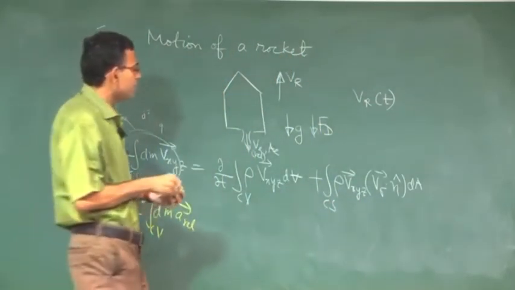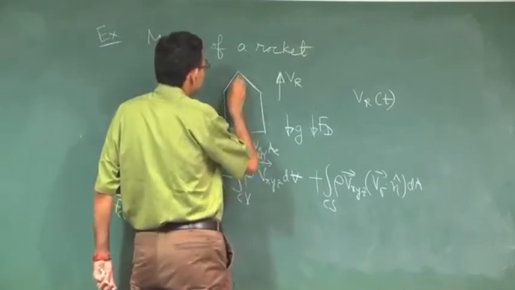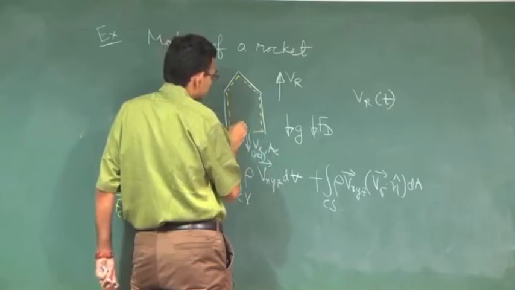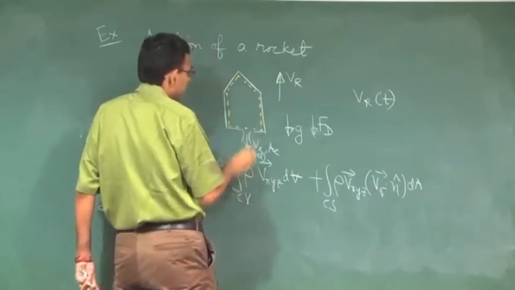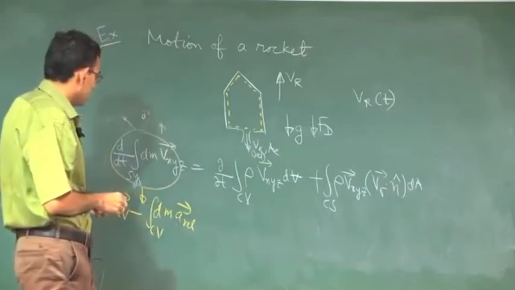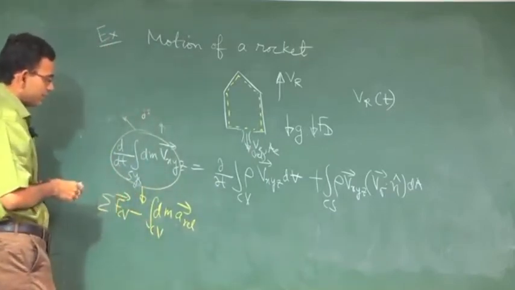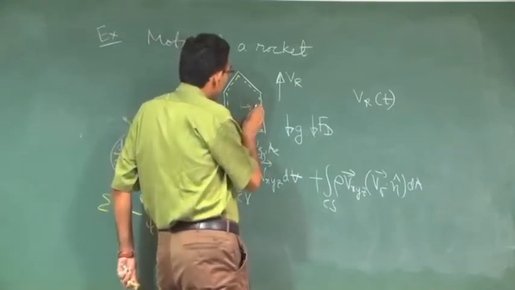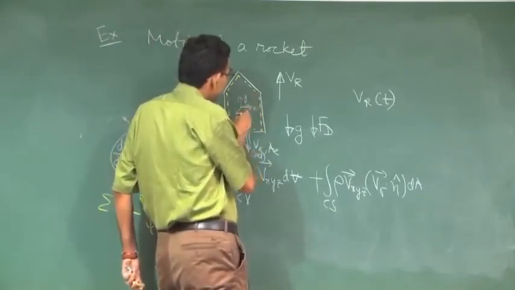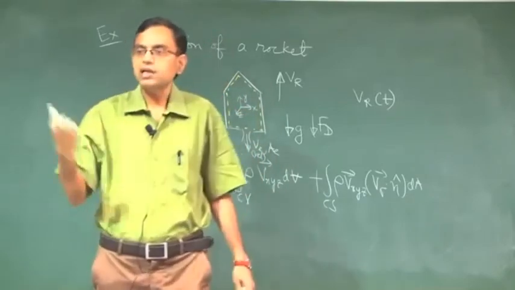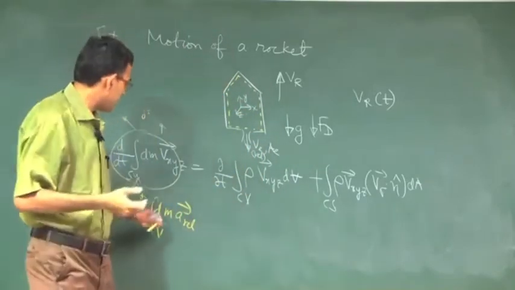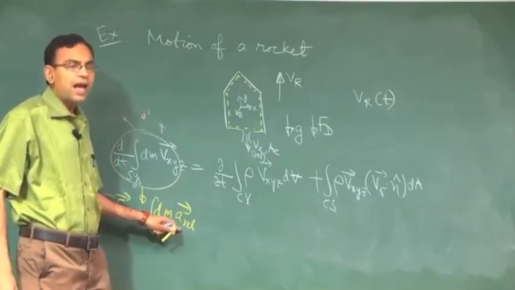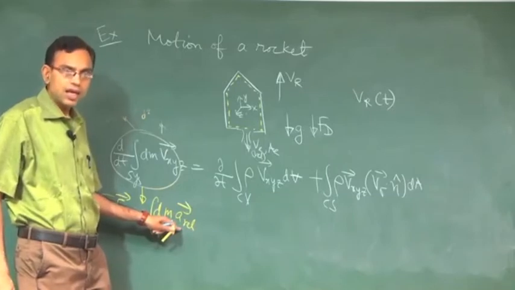To do that, we will make a control volume like this. We will apply this equation. Here the control volume is small xyz, which is the rocket itself. This is not rotating, so all the rotational terms will be gone, but only the correction term will remain, which is minus integral of dm times the acceleration of the control volume, ACV.